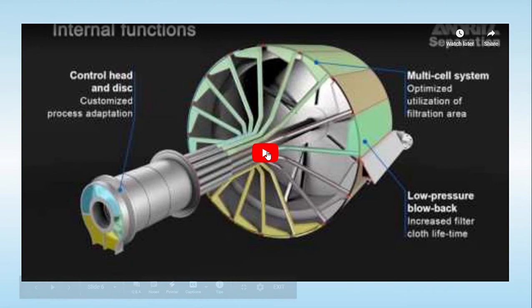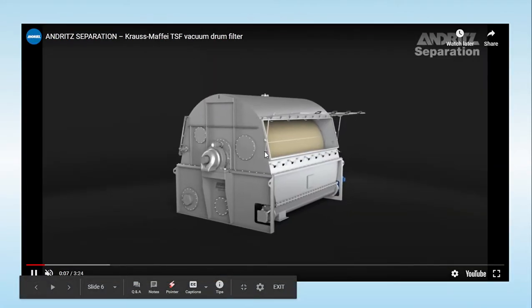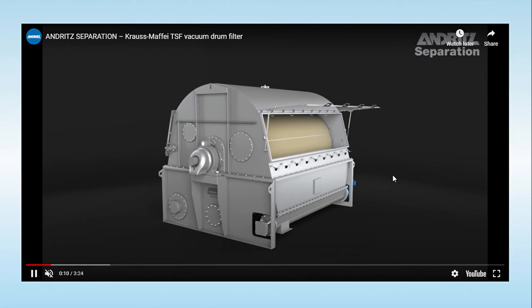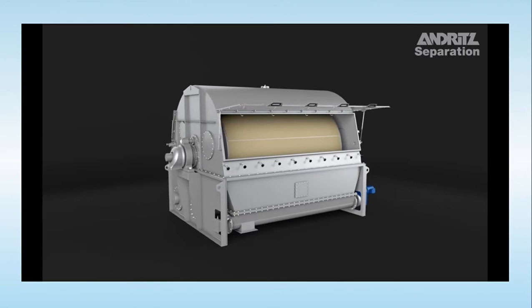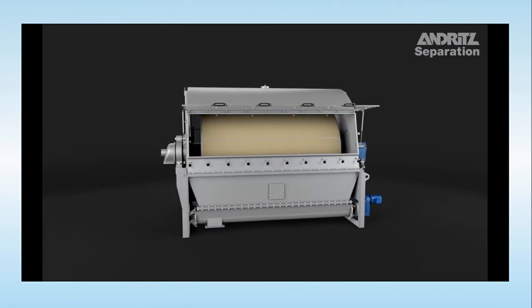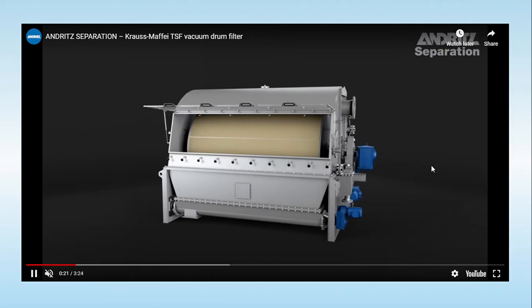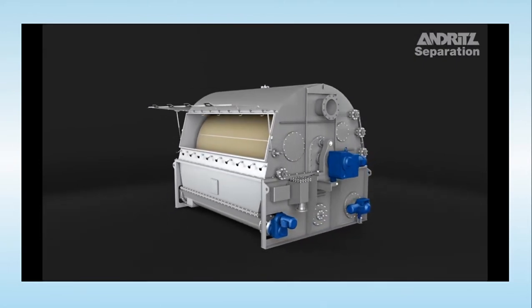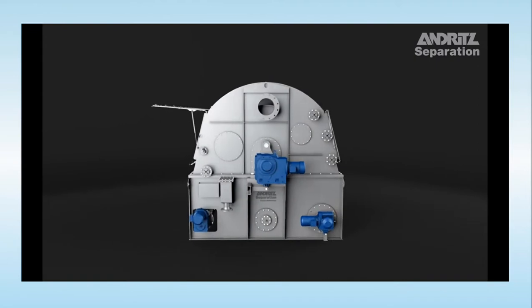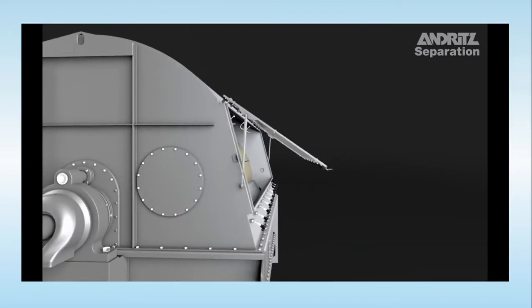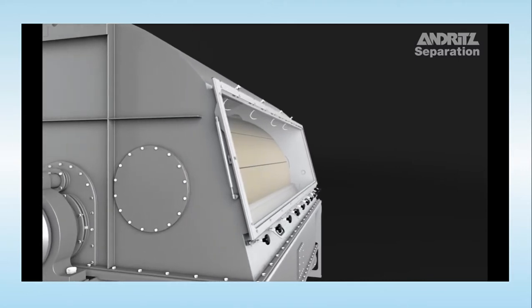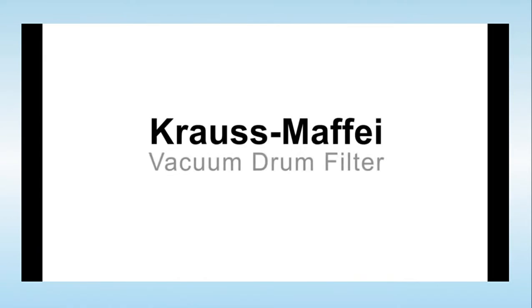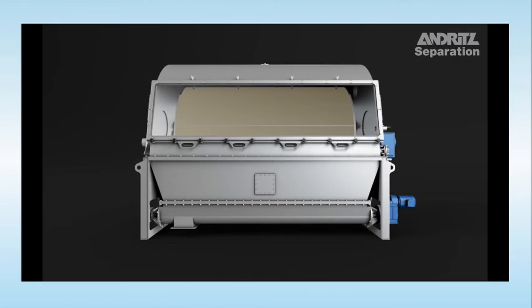Now let's try to understand how this rotary vacuum drum filter looks in industry by this 3D animation video. So you can see this one. Basically, the drum is going to be enclosed inside a particular metal casing. It is covered, and you can see that light brown color is the filter medium, shown over here. It is going to be covered, and the suction is going to be applied inside. So the entire metal casing is closed, and you will apply the suction.